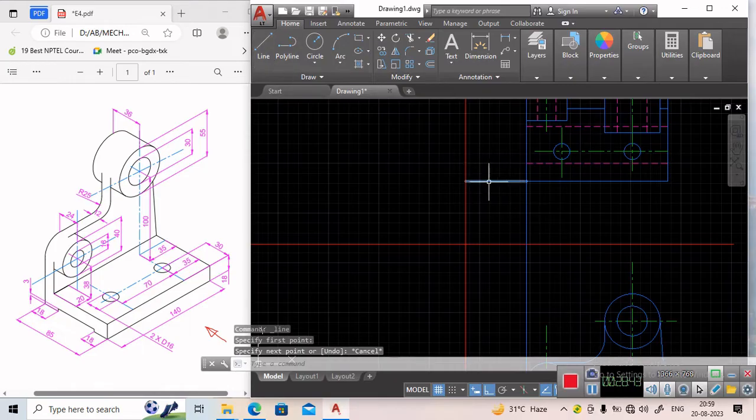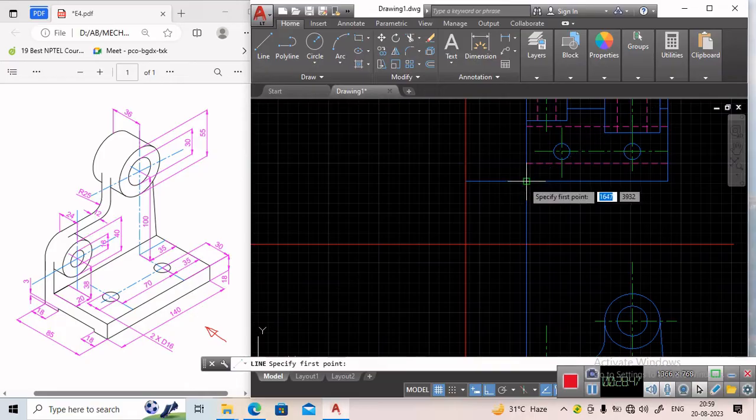Now we will project this point. So to project the point, at first we will project the point on the vertical reference line. Now we will draw a 45-degree line. Now to draw the 45-degree line, we know that the inclination angles will start from this line as a reference line. So this angle is 90 degree, then this angle is 180 degree, then 45 degree means 180 plus 45